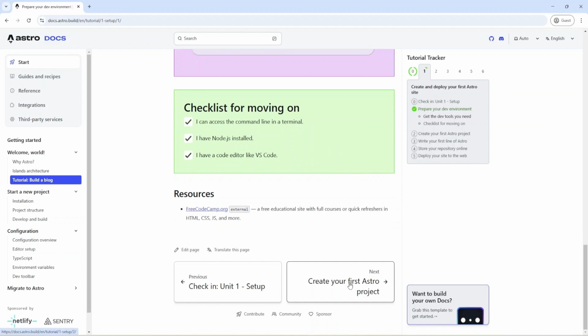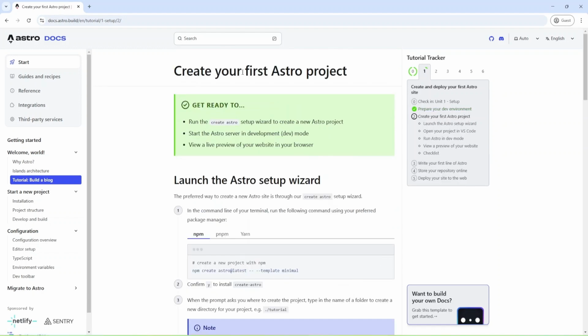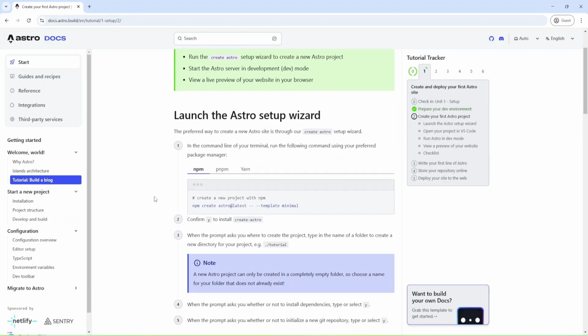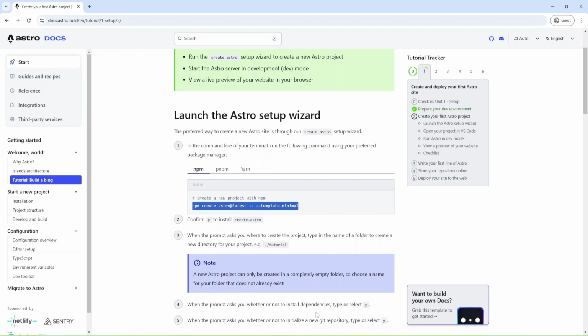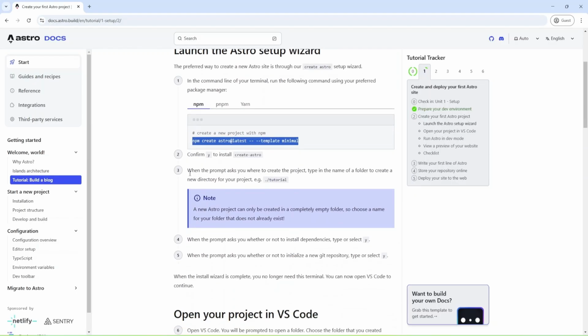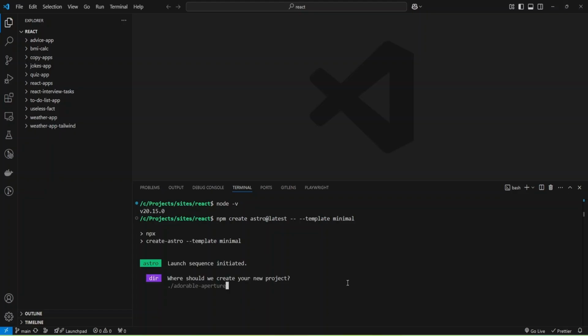Okay, and I can go next and create your first Astra project. Okay, and I can copy this command and provide it to my terminal. And let's check. And now I need to provide my project name, and let it be Astra Blog.